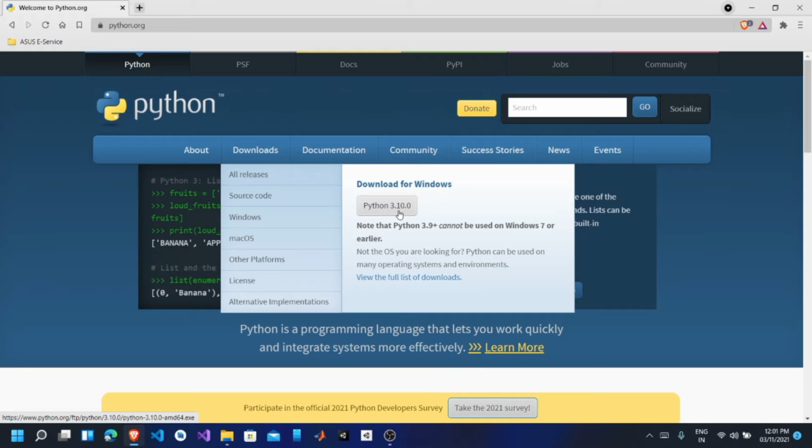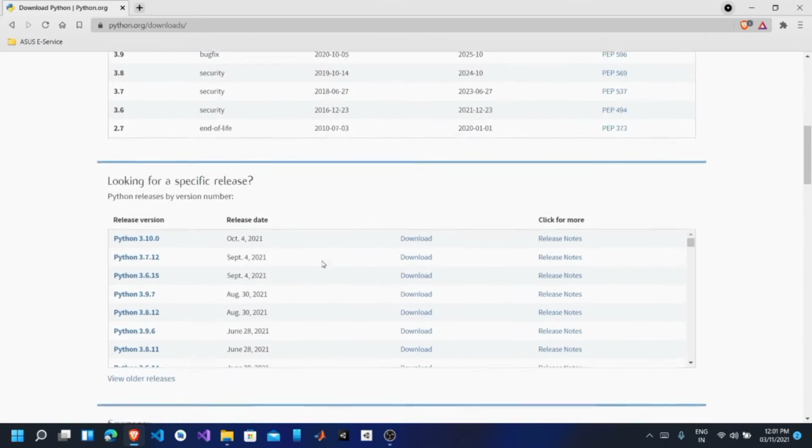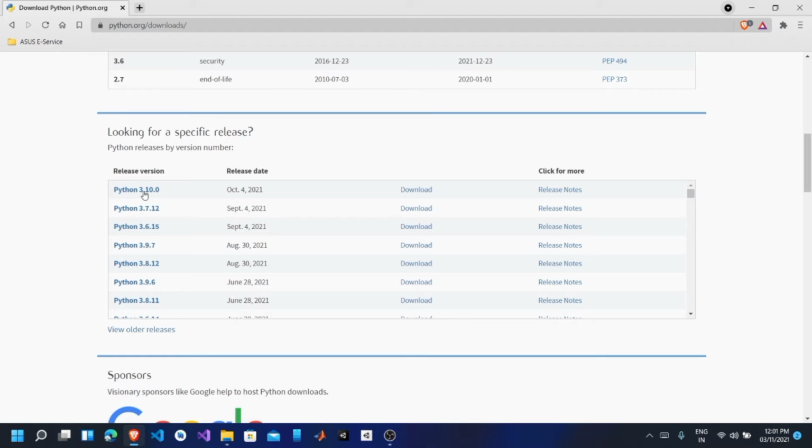But if you are on Mac OS or any other operating system, then you have to go to all releases. Here you will find release versions for different versions of Python.